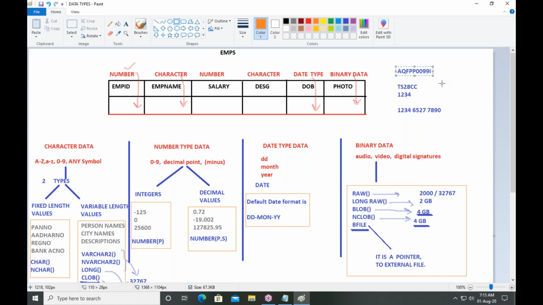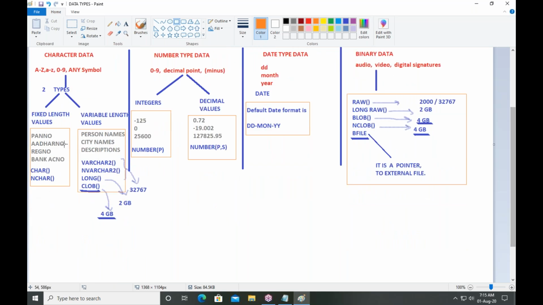So to store fixed length values, what type of data type names do we use? Here we have two types of names, called char and nchar. Char means to store character data. Nchar is to store any global language character value. I hope you understand up to here, guys. What is character data?